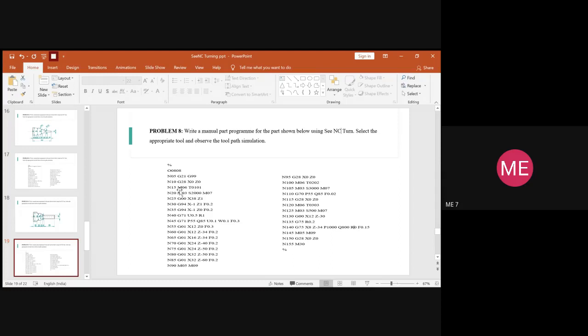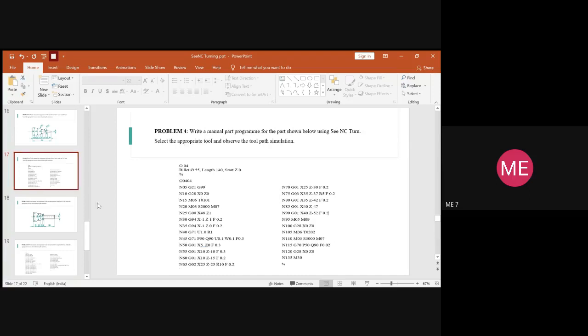This is done. Before starting, you know that the spindle always has to be started, and even the coolant has to be on. So you will write the spindle on and provide the speed for the spindle. For rough turning, we always give the spindle value more than for the smooth finish. Since we are dealing with problem 4, you will provide the spindle speed as S equal to 2000 and again make the coolant on. This is the general part, steps 1, 2, 3, 4, that we usually follow.